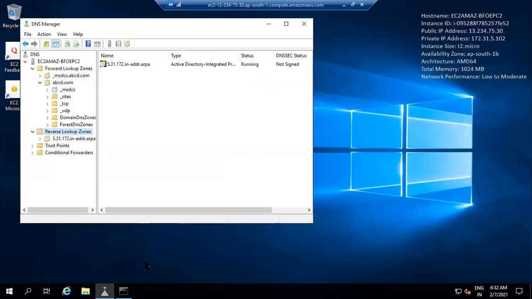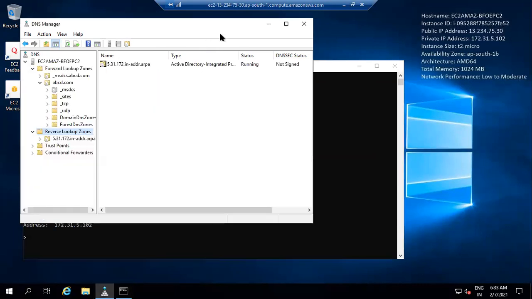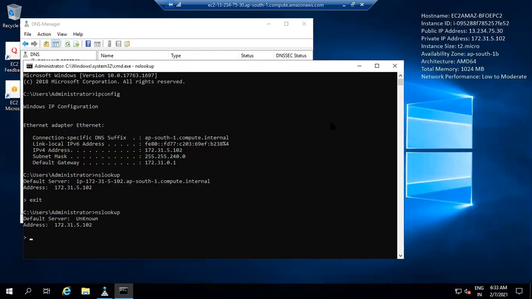Last octet is not required. Okay, so go here and type nslookup, enter. But it is showing unknown. What to do? You need to mention the AD, the DNS name, right? The ABCD. But it should come automatically when you configure DNS.